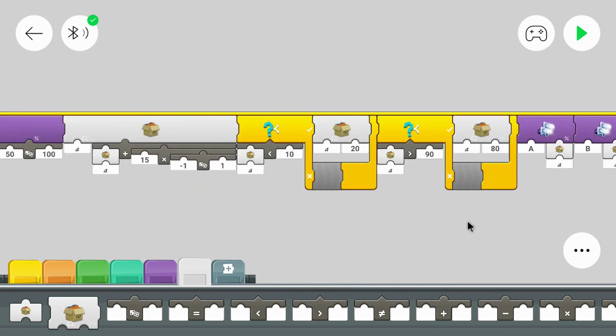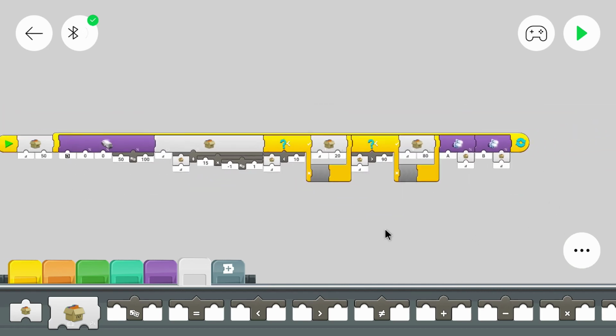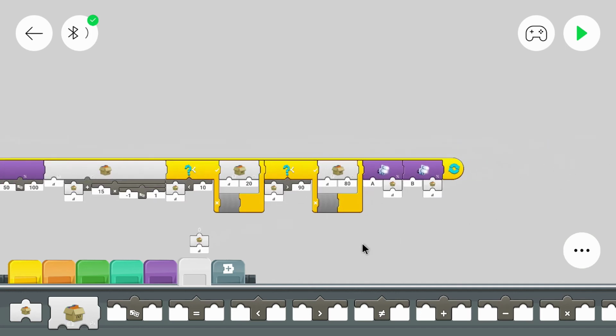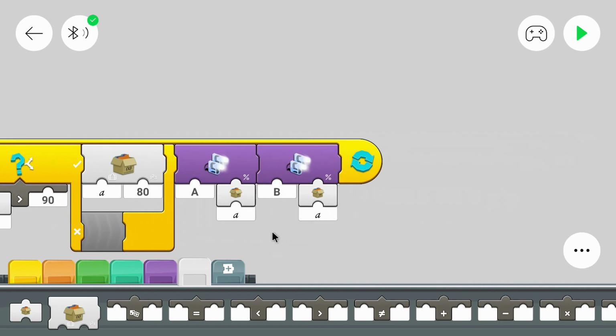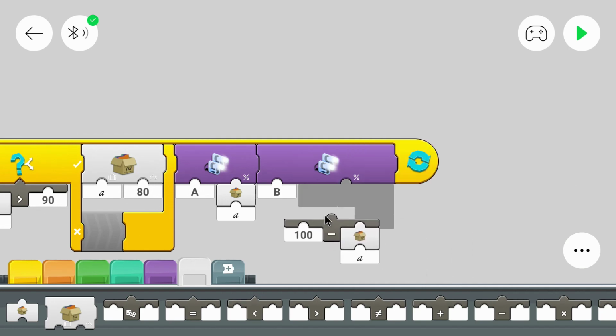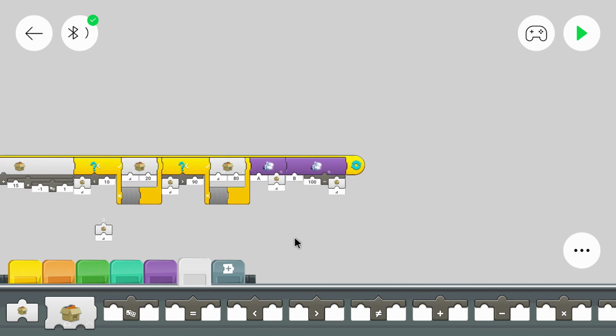So let's try it out. I will show you the complete program, and we can look into the variable. We could also copy this logic and implement it for a second value and let the second LED flicker with another color. Or we can let it flicker inverted to the other one. So let's say that this variable is 10, then the other light should be 90. And we can do that by calculating 100 minus the variable and use that as input. So let's check it out.